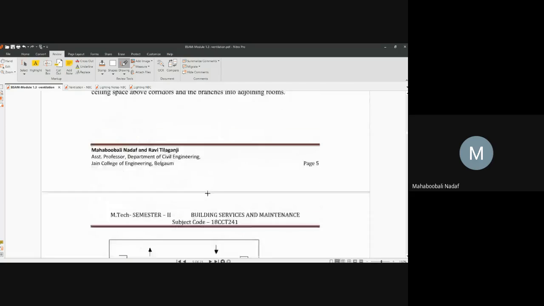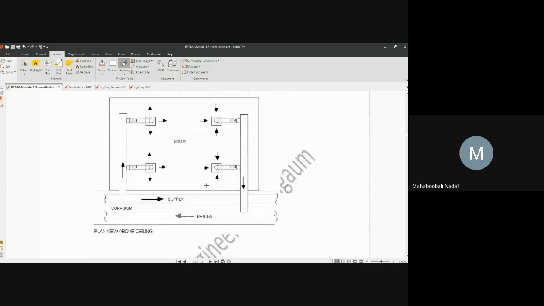Now, ventilation system layout. What do you mean by ventilation system layout? For a small building, layout is not so important. But for a bigger building, the layout is made in such a way that ducts are placed in a corridor in pipes just below the ceiling. There are generally two pipes. One is the inlet for fresh air, which runs throughout the corridor, which is the main pipe.